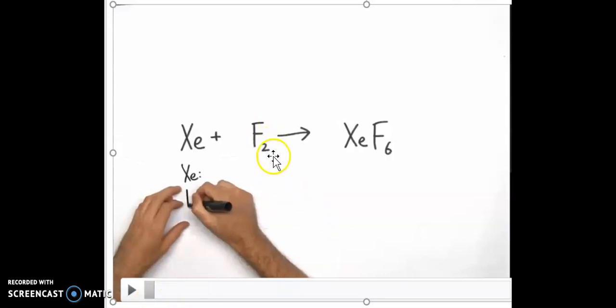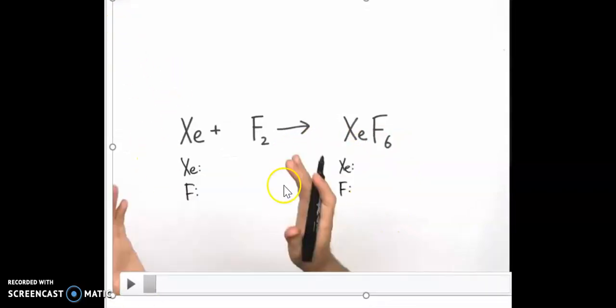For fluorine 2 here is 6. So this is clearly unbalanced. Alright, so for simplicity, let's just use the word mole for this. Like 1 mole of xenon here, 2 moles of fluorine here, then 1 mole of xenon, and 6 moles of fluorine. So all we have to do is write all the elements involved in the